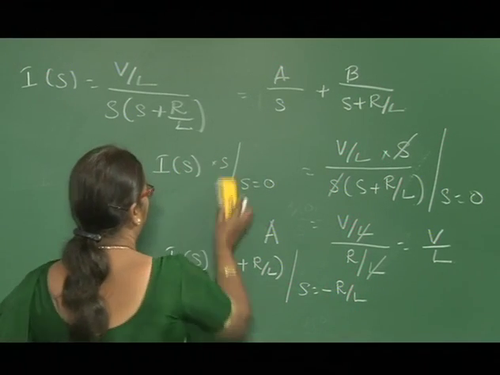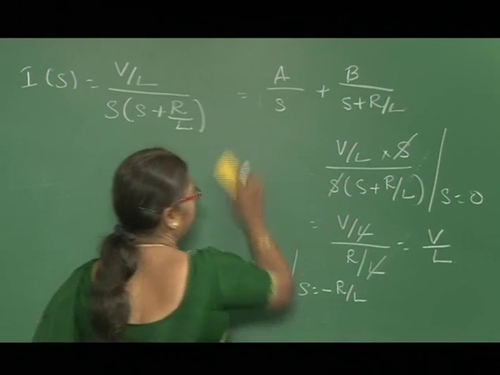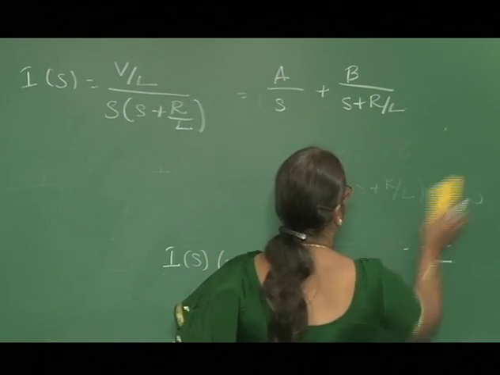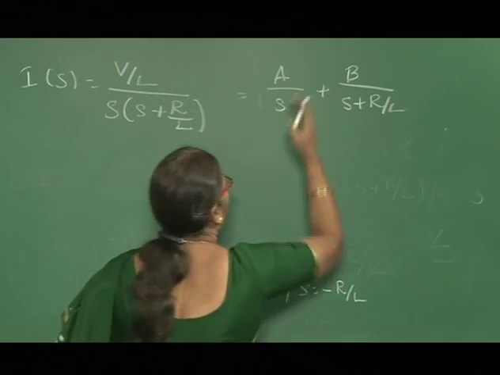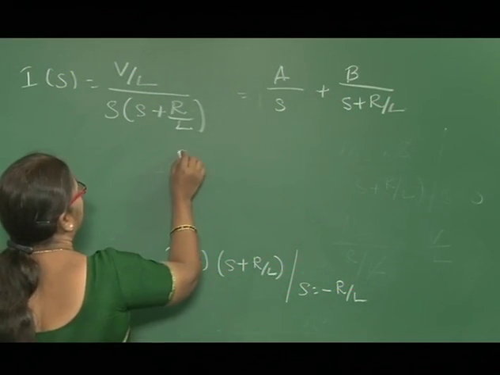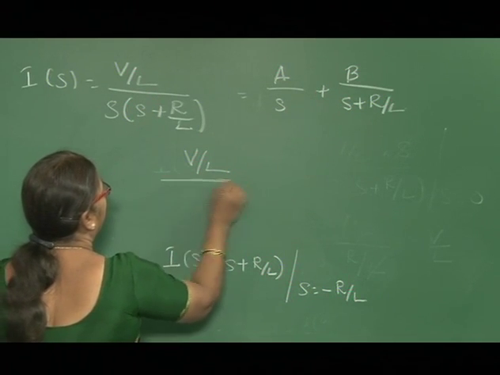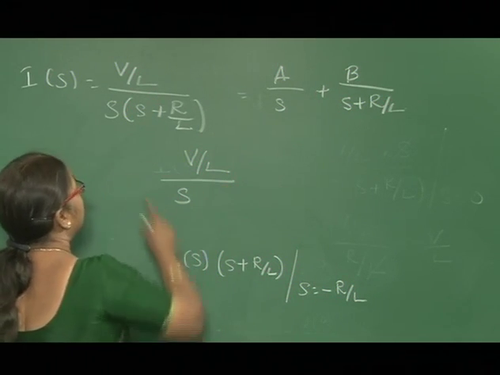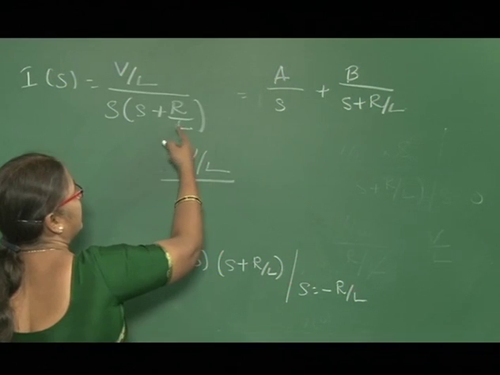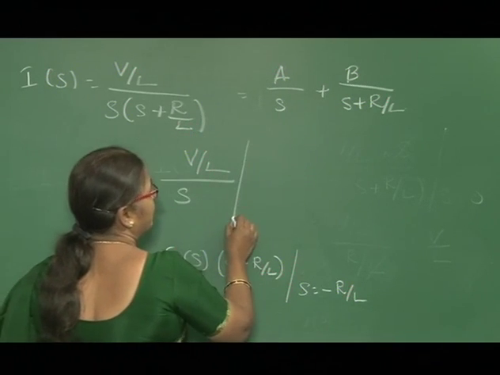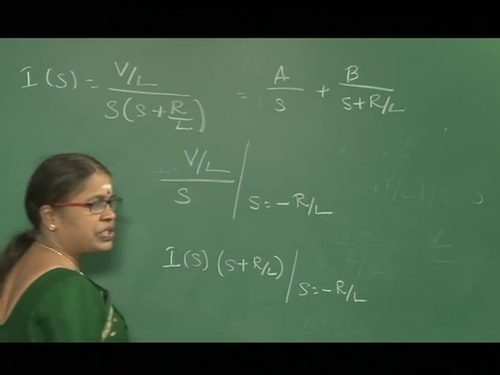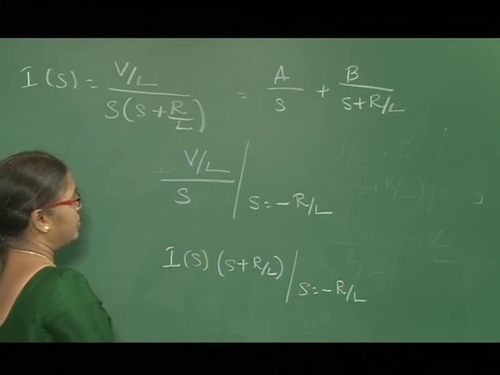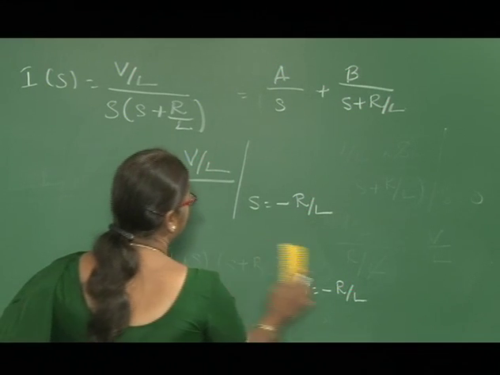So, if I do this, the I of s term multiplied by the denominator of the B term gives me V by L by S. This is I of s multiplied by S plus R by L, and we need to substitute S is equal to minus R by L. So, if I substitute S is equal to minus R by L,